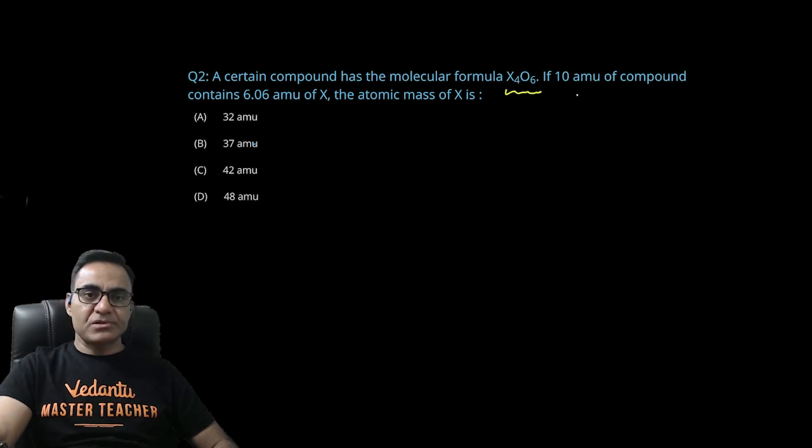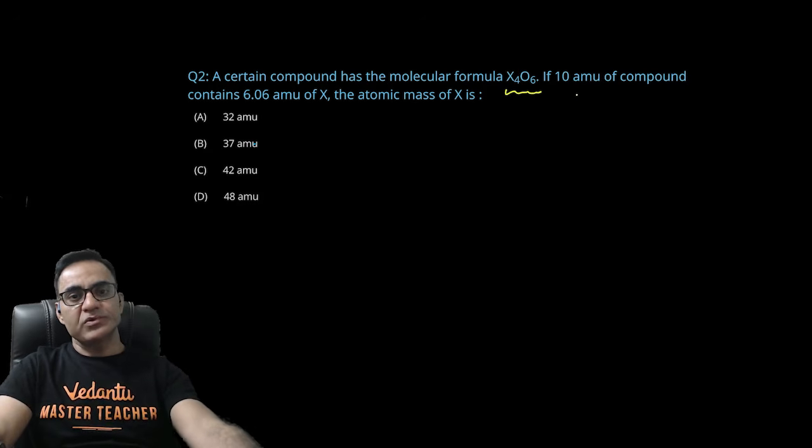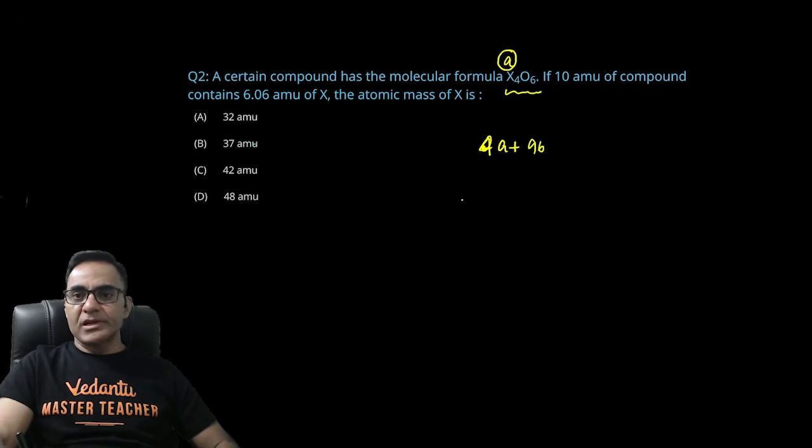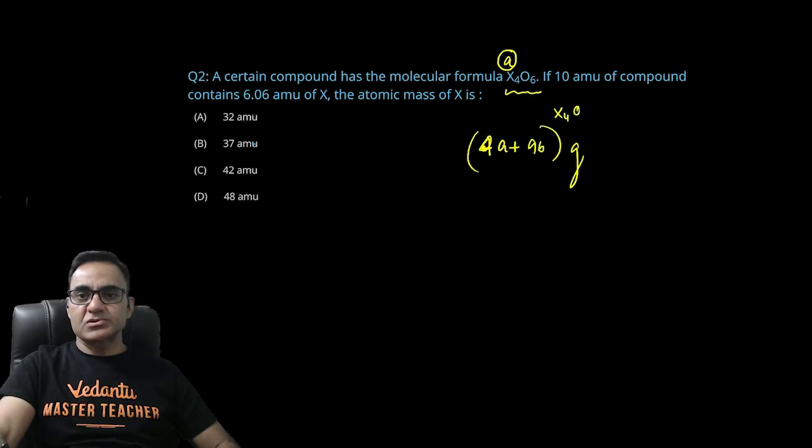10 amu of this compound contains 6.06 amu of X. Atomic mass of X? अगर मैं atomic mass of X को कुछ A मान लेता हूं, तो इसका molecular mass हो गया 4A plus 96, राइट। अब अगर मैं 4A plus 96 ग्राम लेता हूं X4O6 का, तो मुझे इसमें से X का कंपोनेंट कितना मिलता है, 4A। तो अगर मैं 10 AMU लेता हूं, तो मुझे मिलेगा 4A इंटू 10 डिवाइडेड बाई